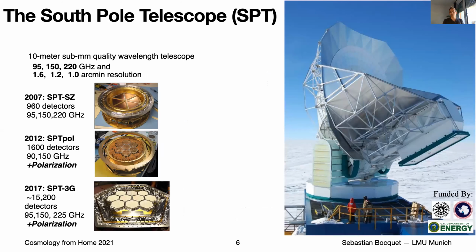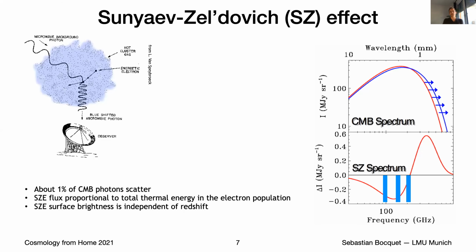Now for this talk, I'm describing cosmology with clusters from the South Pole Telescope. There it is. It's a 10-meter telescope very close to the South Pole, observing in 3mm wave bands. We're now in the third survey, SPT-3G, but most of this talk is describing SPT-SZ and SPTpol. With such millimeter wave data, we can observe clusters via the Sunyaev-Zeldovich effect, which I'll call the SZ